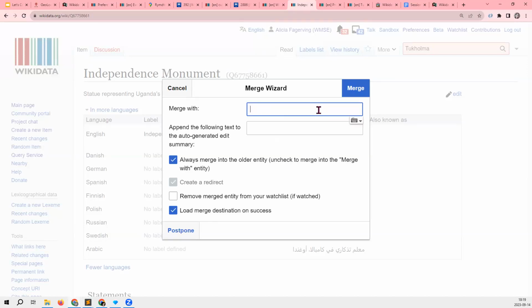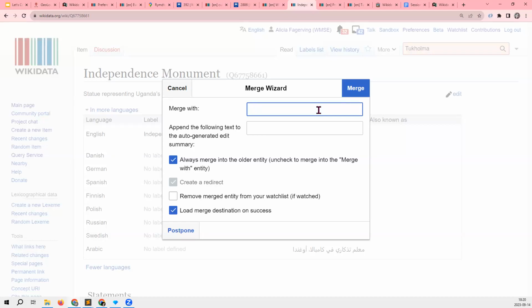But what this gadget does is that you don't have to manually move the statements from one item to another, and you don't have to delete the first item. The one item gets emptied and it's made into a redirect.